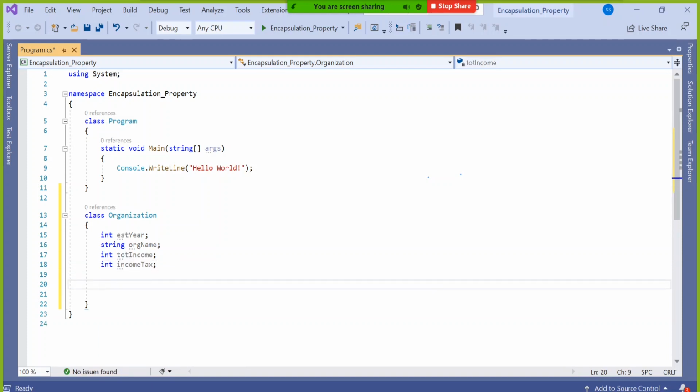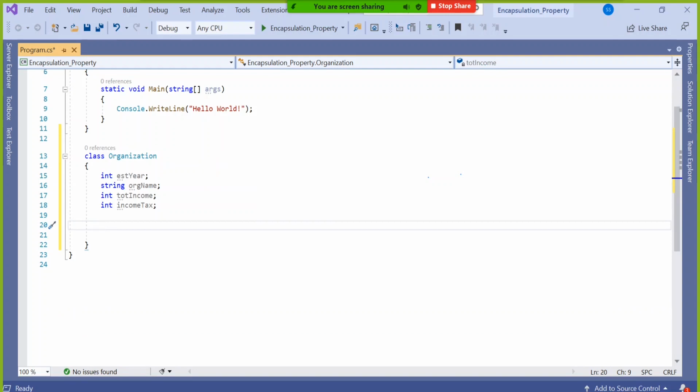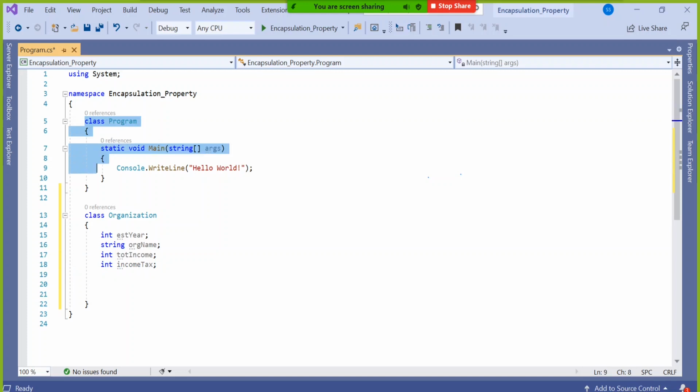Out of this, you assume if somebody is getting the exposure of established year and organization name, not an issue. But if somebody is getting the exposure of total income and income tax, that is not appropriate. You assume like that. Imagine this is one outsider.